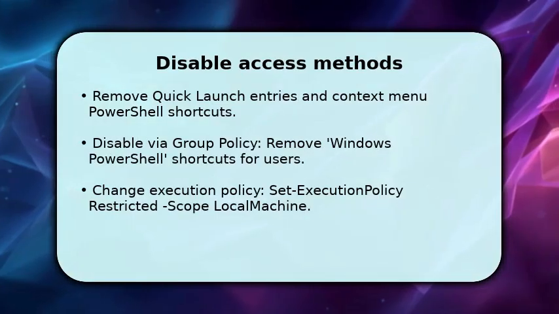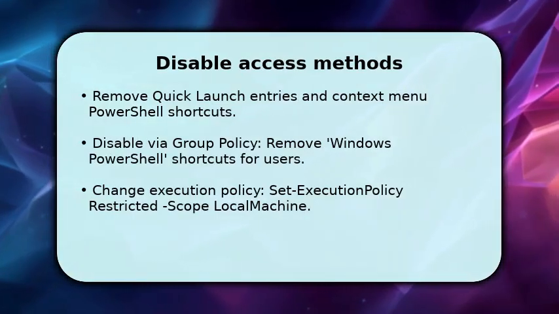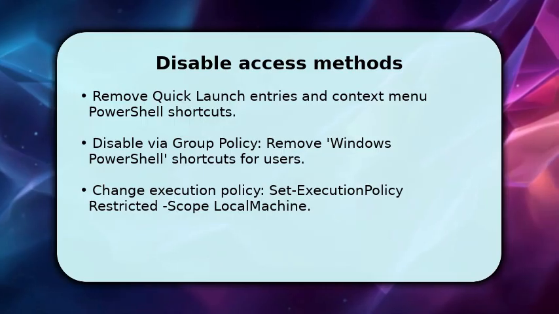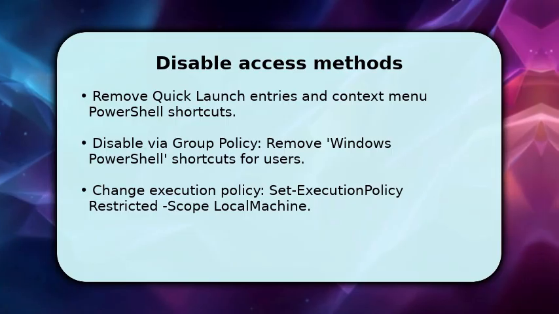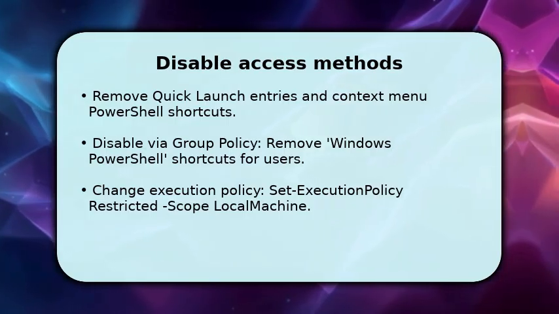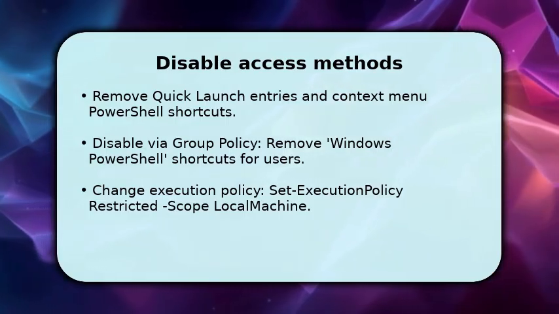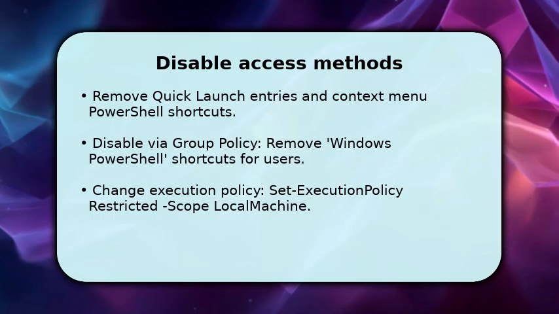Now you restrict how users can start PowerShell. From an admin prompt, remove shortcuts and context menu entries so accidental launches stop. This reduces casual access. For broader control, use group policy to hide or remove the Windows PowerShell shortcuts and block